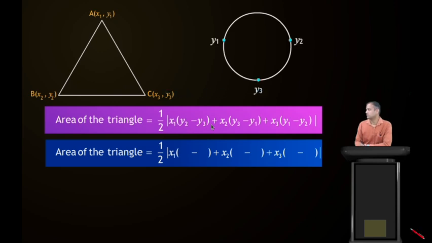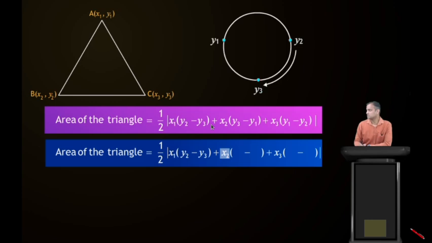Okay, so you have to start with y2. In the first bracket we can write y2 minus y3. So this is y2 minus y3. Then start from the next. So this is our next part. So what is it? Very good. This is y3 minus y1,